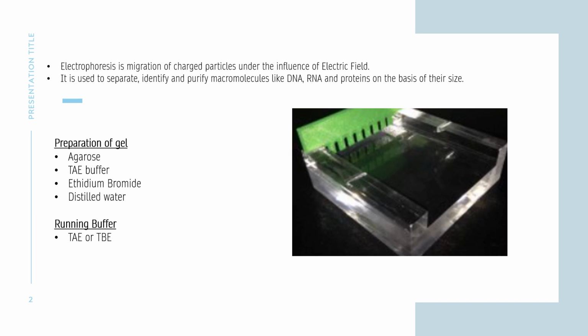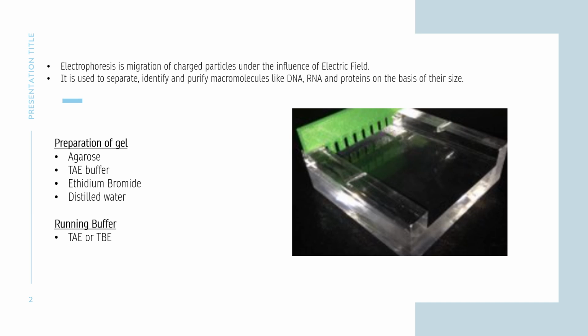Actually, this ethidium bromide has a very flat structure. So what it does, जो हमारा DNA है उसके बीच में ये इंटरकैलाइट हो जाती है, नाइट्रोजनस बेसिस के बीच में. So when we illuminate the gel on UV at the end of the process, we can observe the bands. So we use ethidium bromide for visualizing the bands on electrophoresis. So ये हमारा ethidium bromide का function होता है. So next is distilled water. We use it to maintain the volume.